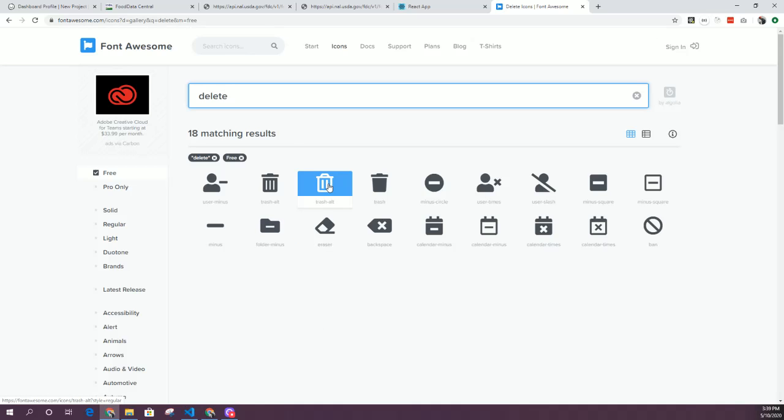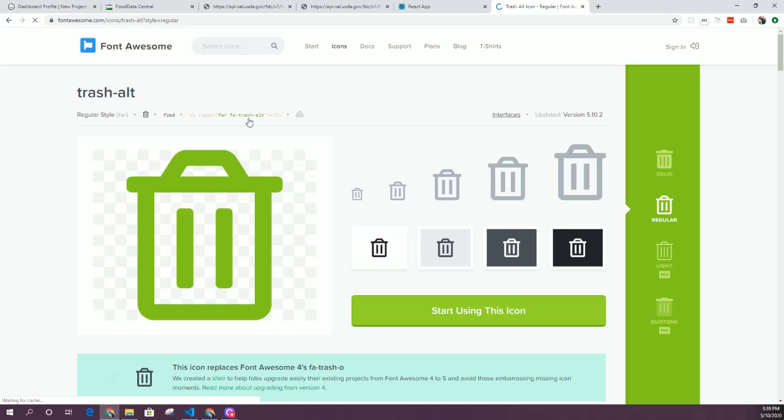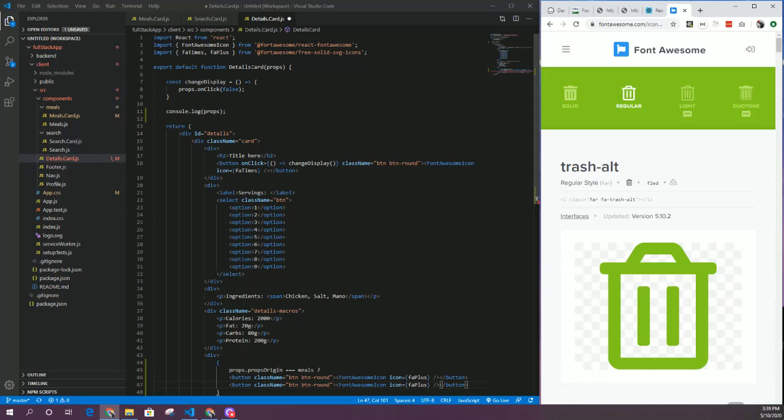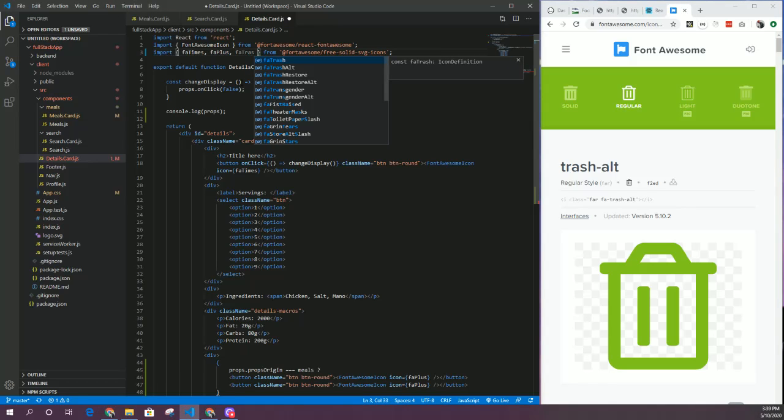I like this for delete, so we'll use, what is the name of it? Trash, FA trash alt. So let's import it. FA trash, there it is, as well as,